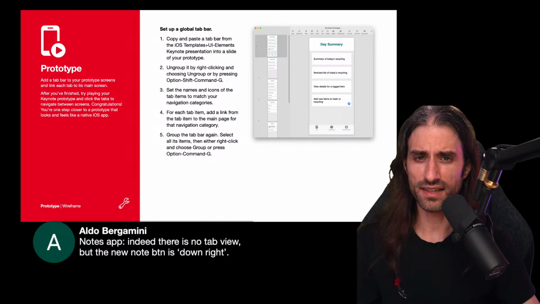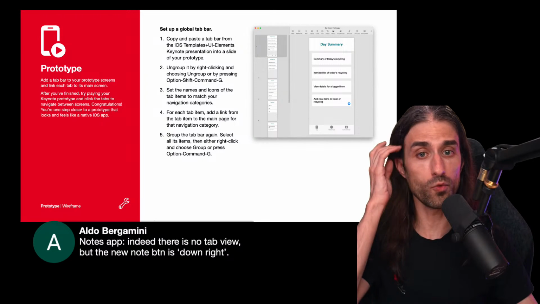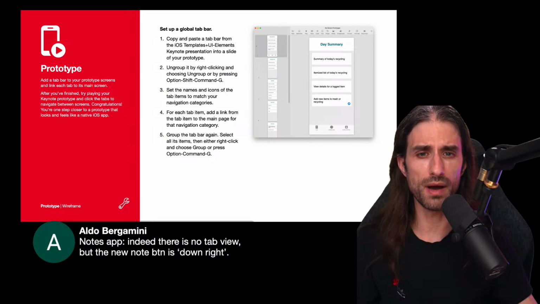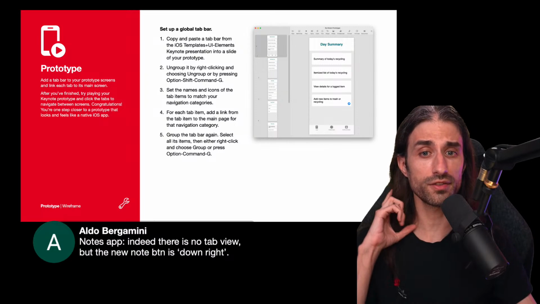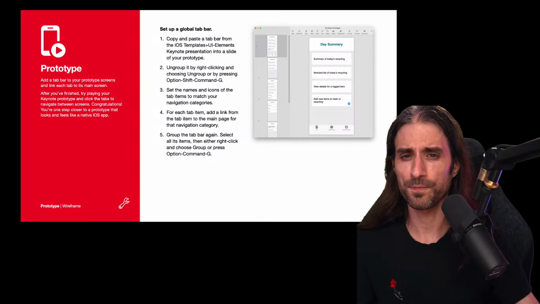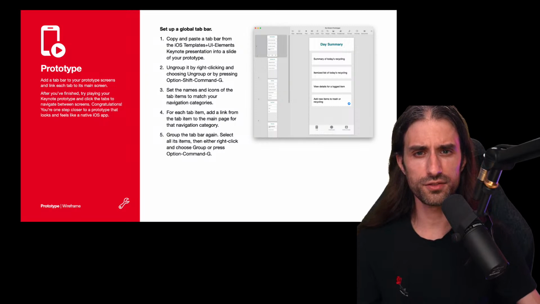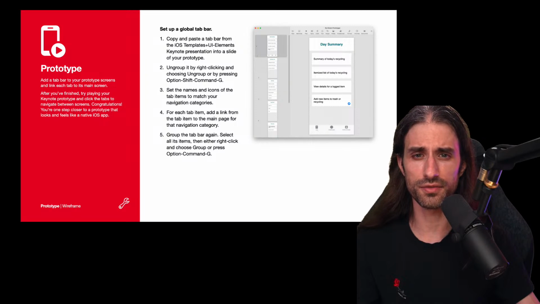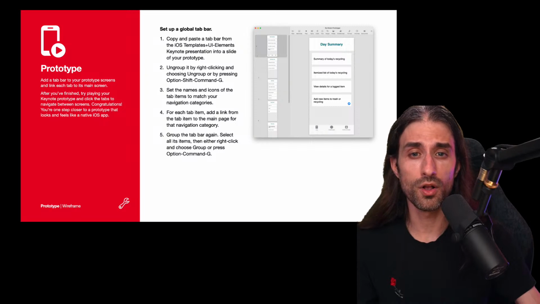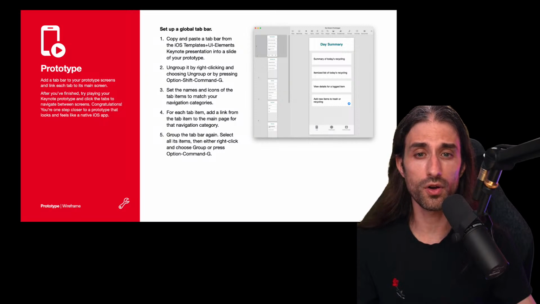Yeah, exactly. So in the Notes app, there is no tab view, but you have these buttons at the bottom, which are what's called a toolbar. There is still a toolbar at the bottom with some actions, but there is no tab view because, for instance, there is no other feature that's as important as the list of notes. You could imagine, for example, maybe there could be one feature for typed notes and one feature for handwritten notes.